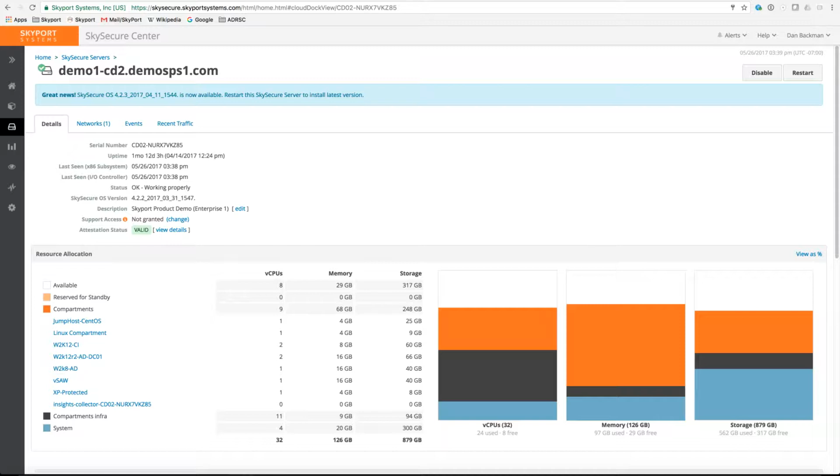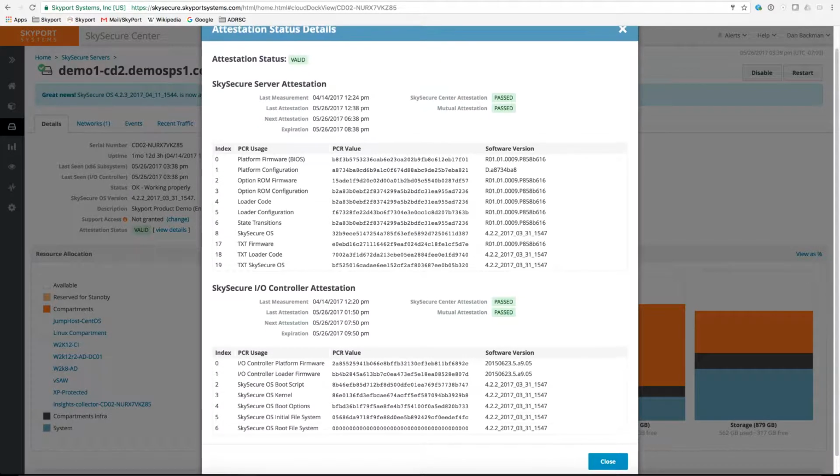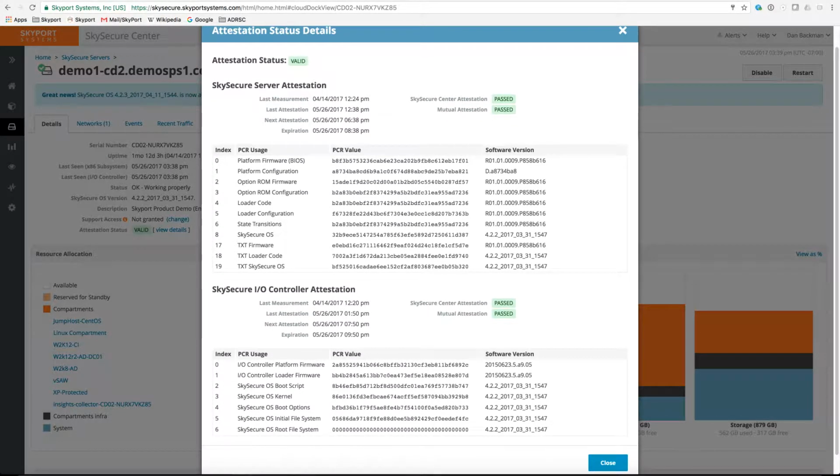Now, inside the platform itself, this telemetry channel built into the SkySecure system is actually a secure hardware validation. This is based on Intel's TXT technology and actually features full remote attestation. For most of the end users, the only thing that you look at is this flag here which says the system is valid. But under the covers, Skyport has automatically gone through and validated the integrity of the hardware, the firmware or BIOS, as well as all of the software components inside the entire stack of the individual platform.